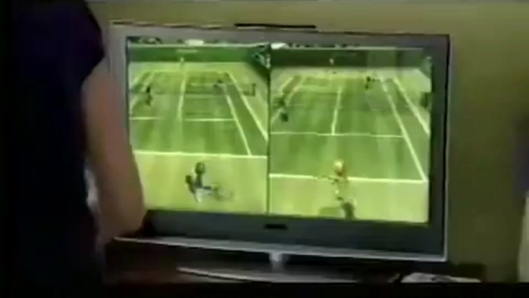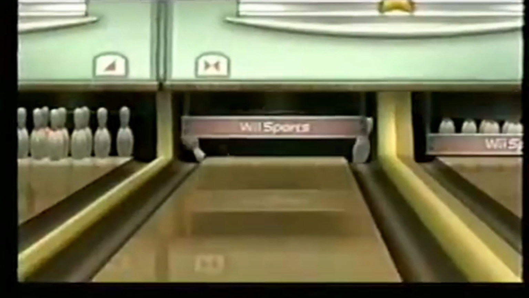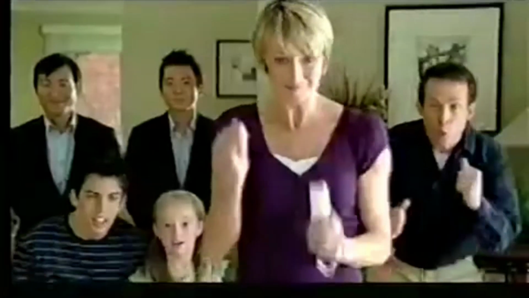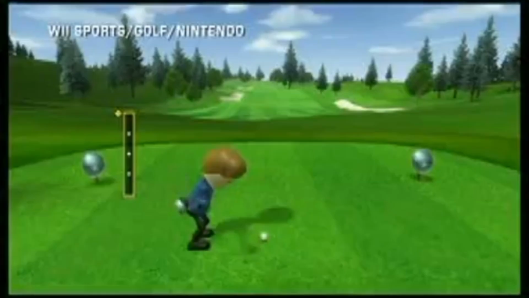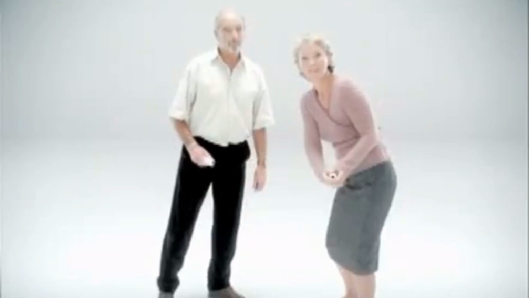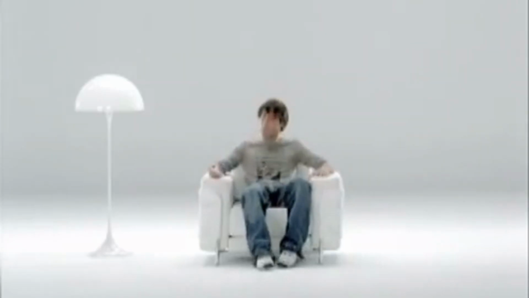This console was one that encouraged players to get up and move around rather than sit hunched over, and it accomplished this with revolutionary motion controls that would be used in a variety of sports games. This also gave Nintendo a huge upper hand in the market as they could sell this console to the elderly since it allows for risk-free ways of enjoying more action-based sports like baseball or boxing. All of that combined with how it was marketed effectively made this a must-have for all families,